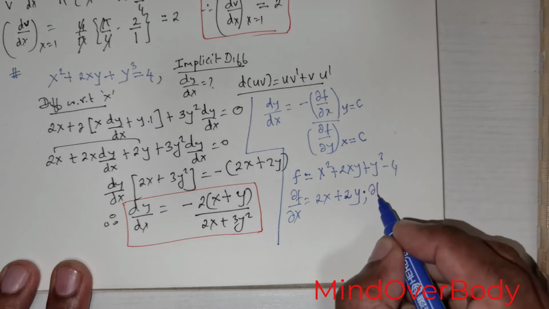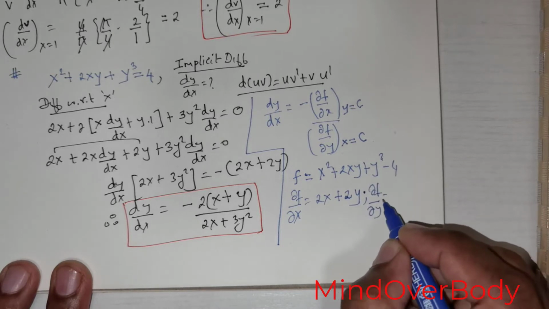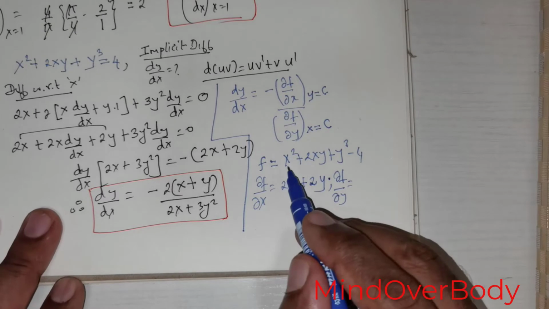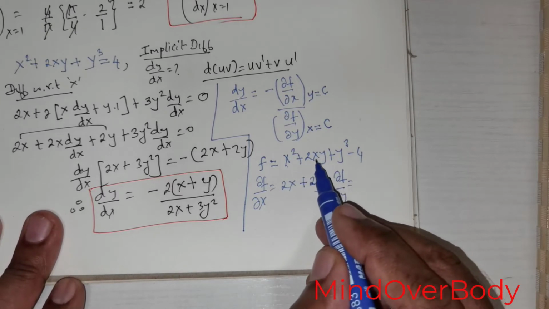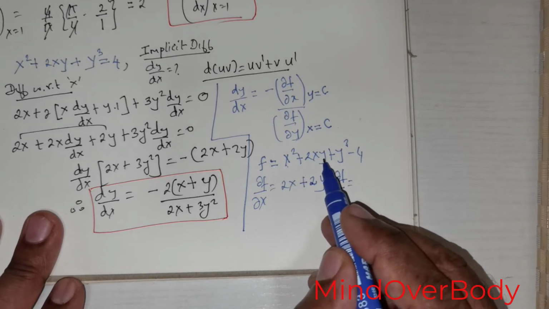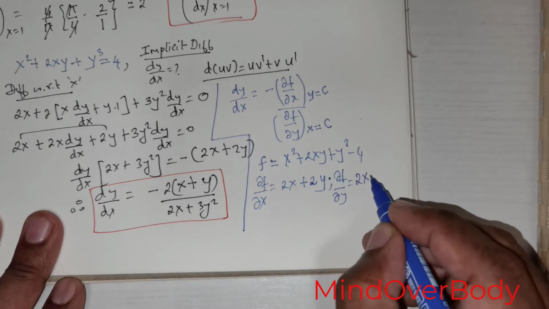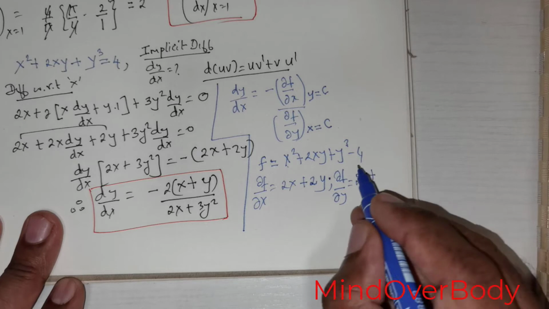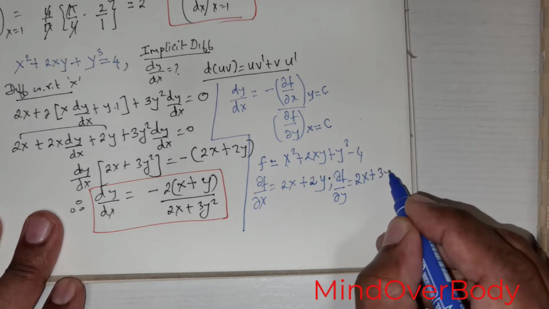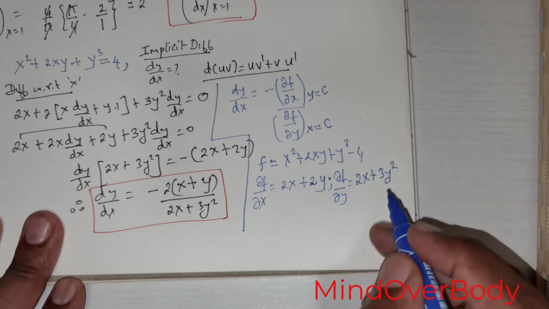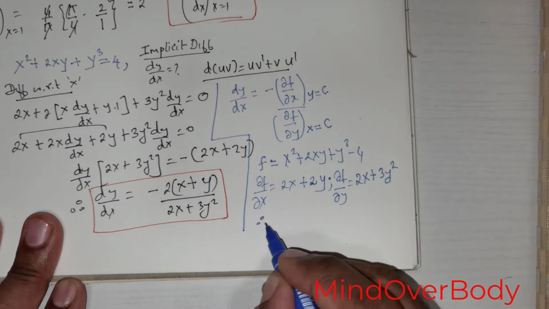So now dou f over dou y, this is constant, this is 0, this is treated as constant, so I'll differentiate only y. So if I differentiate only y, I would get 2x here. Differential of 3 times y raised to the power of 3 would give me 3 times y squared. Differential of 4 gives me 0. So therefore